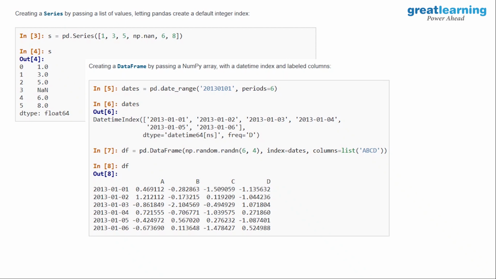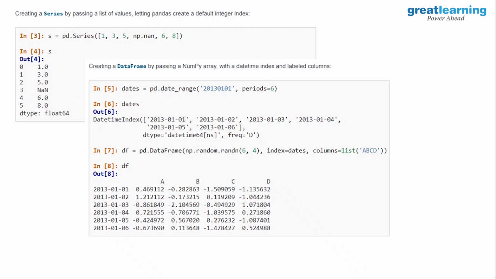Now I want to create a data frame, and I'm creating it with pd.DataFrame, similar to pd.Series. We created np.array yesterday, kind of a thing. Now we are creating pd.DataFrame. What is the first value? The values. What all values should go into the data frame. I'm using NumPy only here: np.random.rand(6, 4). What will it do? Tell me. randn, what will it do?